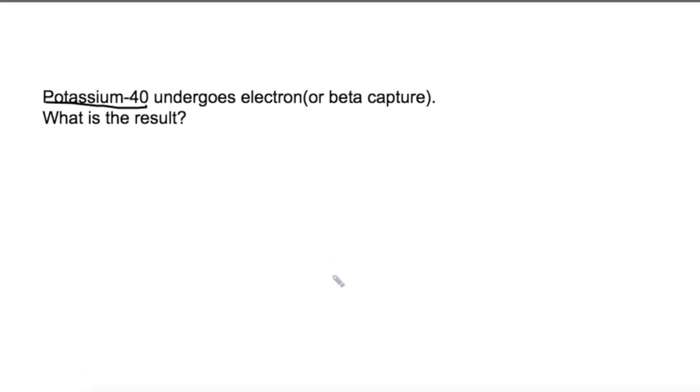Now let's look at the next problem. This one involves a particle capture. The problem says potassium-40 undergoes electron or beta capture. What is the result? So first, we know that because it's beta capture, something is getting captured, so it's going to be added to the reactant side. So now we have a beta particle. A beta particle is 0 for its mass number and -1 for its atomic number. So 0, -1. And it's asking about the result, so